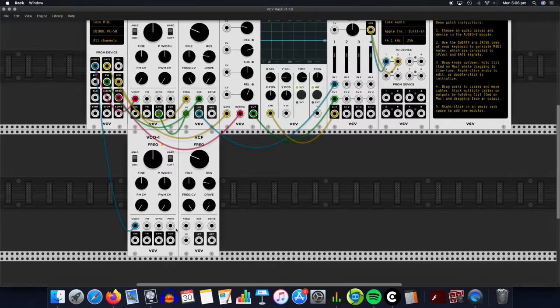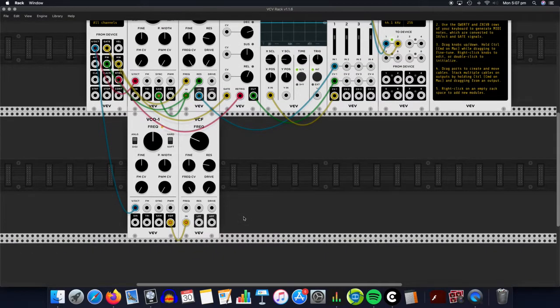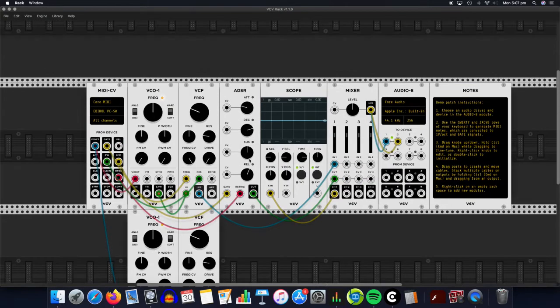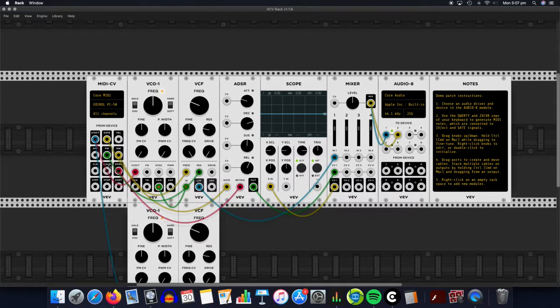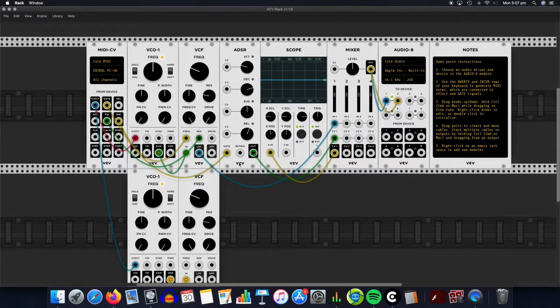So what we want now is a square wave. The square wave needs to go into the input here. And then we're going to share the envelope. So we can kind of ignore the envelope at the moment. This retrigger thing, we don't really need that on at the moment, so we don't need to worry about that. The gate is already set there, so we don't need to worry about that again. And the output